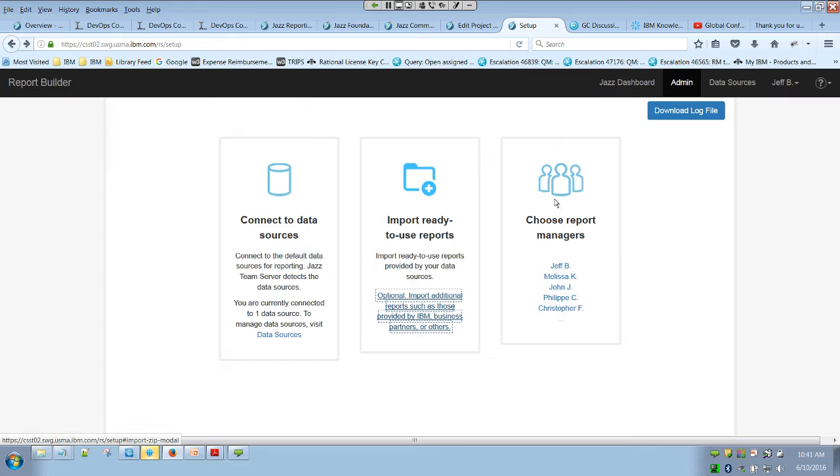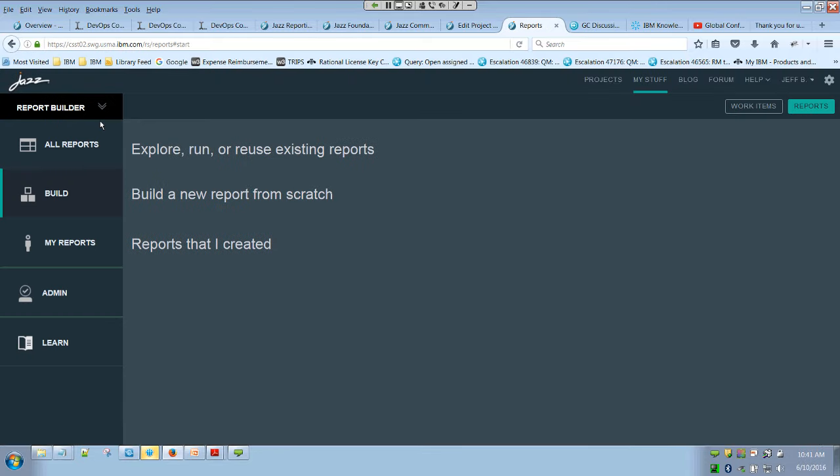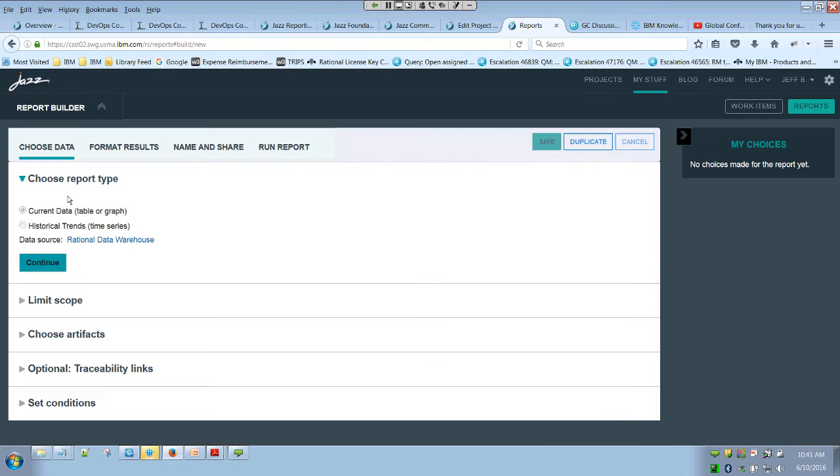Okay? So let me go back to our Report Builder interface. And I did mention, so I'm going to go into Build, where I'm going to talk a bit about some of the enhancements. Build is targeting building your own report from scratch, for those of you who may have not seen this interface previously. But one of the biggest pieces of functionality, I think, that has been asked for time and time again is the timesheets. And I want to talk a little bit about that as we talk about this report here. So let me just go ahead and get to